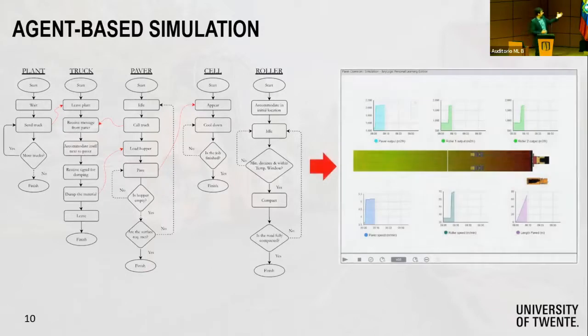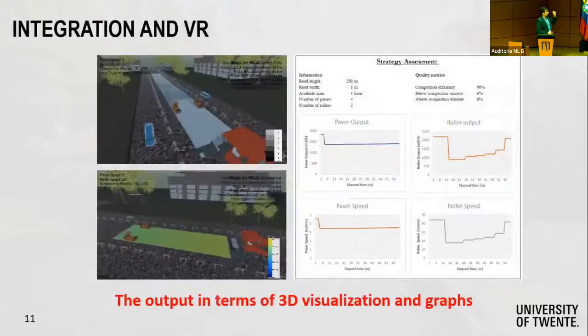And then we had this agent-based model developed in AnyLogic. It's connected to the interface, it receives all the data, and it also generates a 2D view of the asphalt operation, but without any geometry. So the road is considered as a linear rectangle. And then the result is passed on to Excel, and Unity is connected to Excel, so it could read all the data and then visualize the same process in 3D.